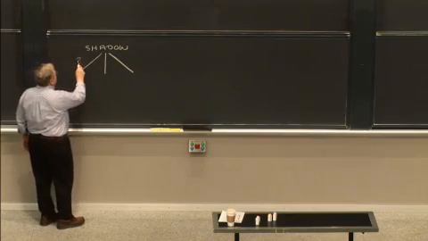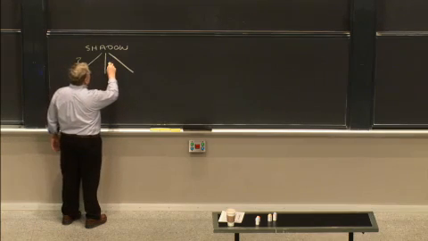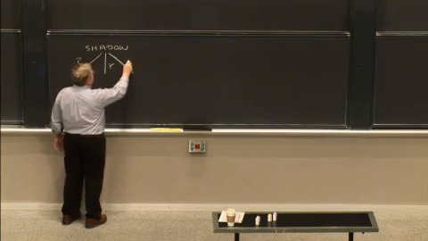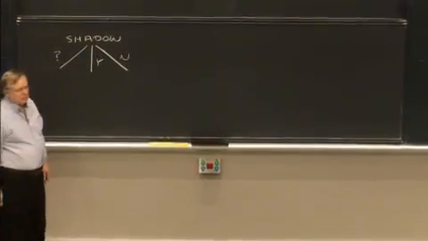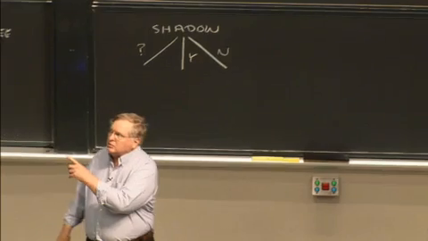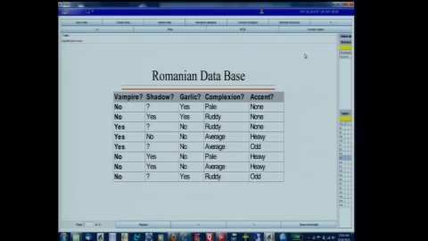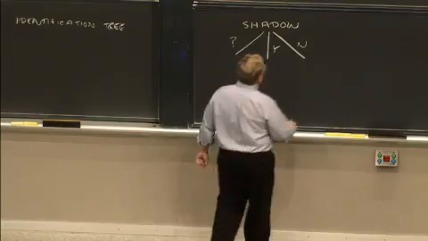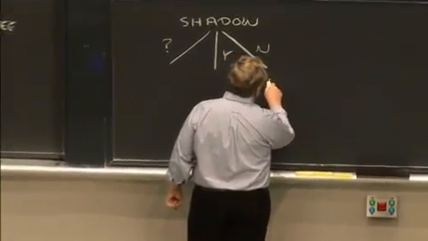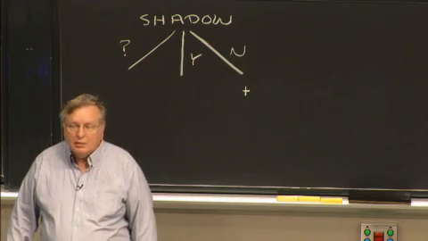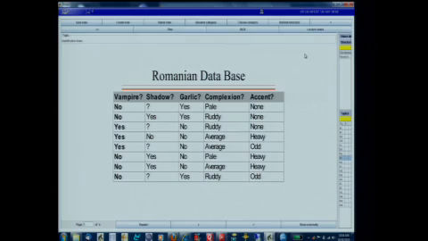There's the I don't know group of people who are nocturnal. There are the people who do cast a shadow, the yes people, and the people who do not cast a shadow, the no people. So if I look at those rows up there and see which ones are vampires, it looks to me that if there's no shadow cast, there's only one that doesn't cast a shadow, and that is a vampire. So that's a plus over there, vampire. Now, if we look at the ones who do cast a shadow, all of those are not vampires. They're all okay.